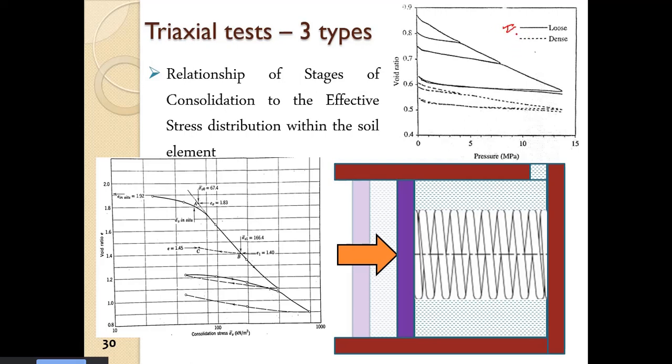The same behavior we can observe in clay also. In clay we have first of all the recompression curve, then the normally consolidated curve. We have consolidated the soil up to this state. Now from here, if it is unloaded, it will trace this path. This amount of consolidation or densification in the soil has occurred, and only this amount of deformation we have recovered. Now again when we load, it will trace back this path, and ultimately it has to come to this point. So this is known as the